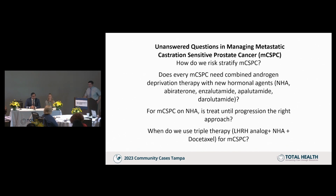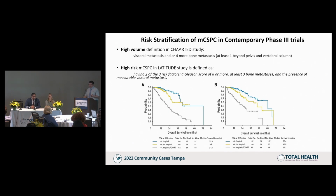We didn't talk about the data on triple therapy, but there's PEACE-1 as well as ARASENS trial showing the survival benefit of adding chemo to combined androgen deprivation. The caveat of those two studies is that the control arm is chemotherapy. So we still don't know whether triple therapy is better than combined androgen deprivation with either abiraterone, apalutamide, or enzalutamide. This is about the data we have on risk